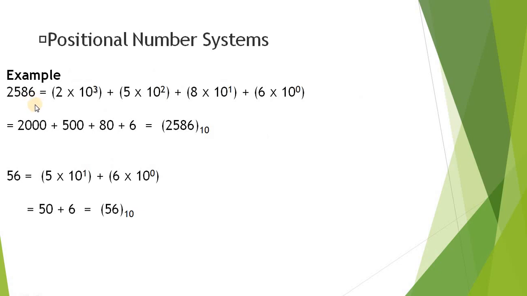In this example, I am using the digits 2586 and a base, that is 10, the decimal base. When I use a base, these digits get some meaning. So you need to understand that digits are different from numbers. Whenever we say number, a number will always belong to one of the bases. It can belong to the binary base, or decimal, octal, hexadecimal, and so on.